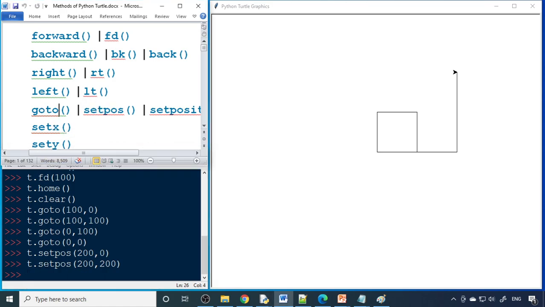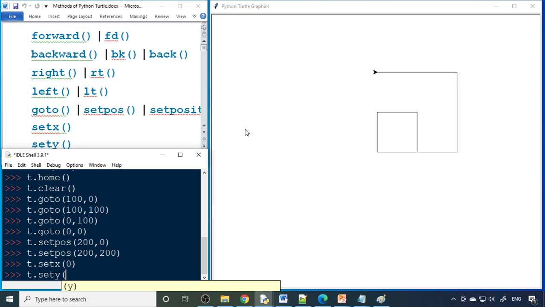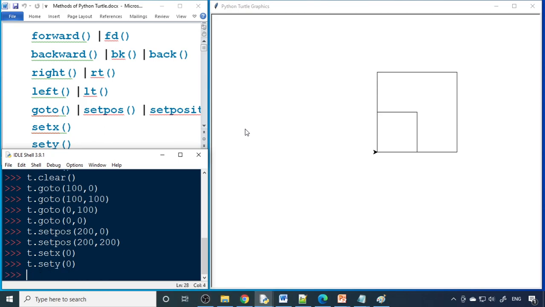Now we'll go to setx and sety. I want to bring it back to this location. So y is 200 but x is 0. Therefore we want to set only x. t.setx 0. From that location it should come to 0. x is equal to 0, so it comes back to 0. This whole line has x as 0 whereas y is 200. Again I want to bring it back home. Now you can say t.sety, you need to bring it to 0. So y is 200, that we want to bring to 0, then you can say sety 0, and it will come back to the original location. That's how you can use setx and sety.